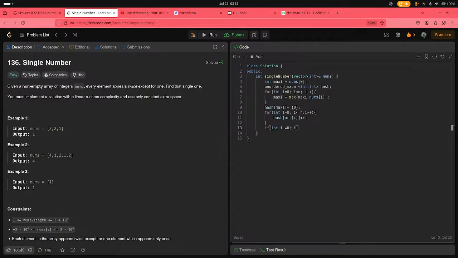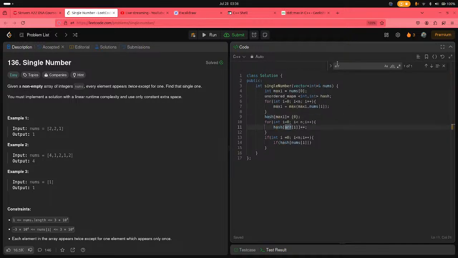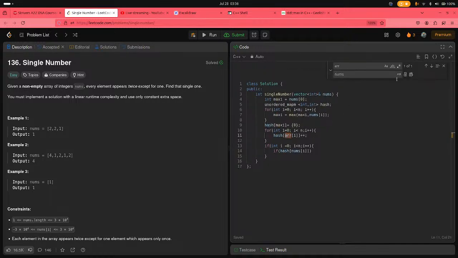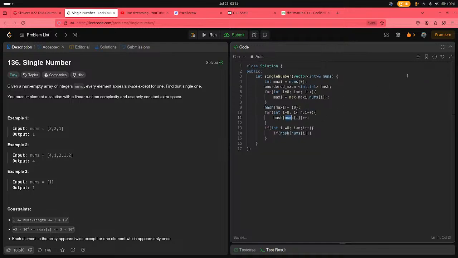Int i equal to 0, I will go to n, i++. Awesome. So if my hash of nums of i, so this will be the nums. I will change it with Control F. Array will be changed to nums. Thanks LeetCode for this functionality. Actually this is used by CodeMirror, that is an npm package, to be honest. So if it is equal to 1,